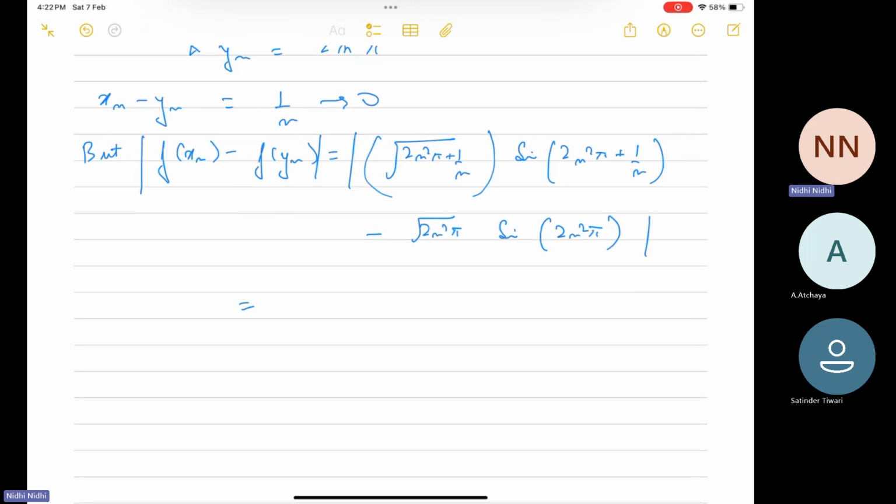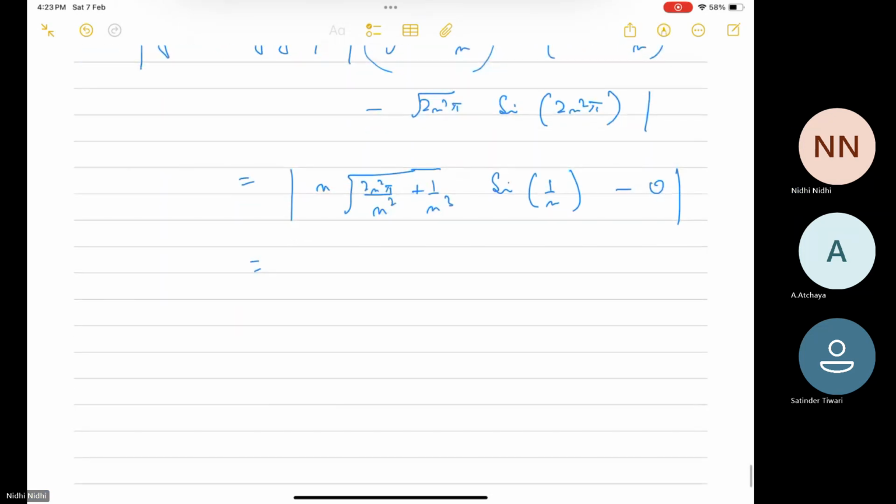So taking n square common, this will be n under root of (2 pi by n square plus 1 by n cube) times sine 1 by n, minus 0, which is equal to